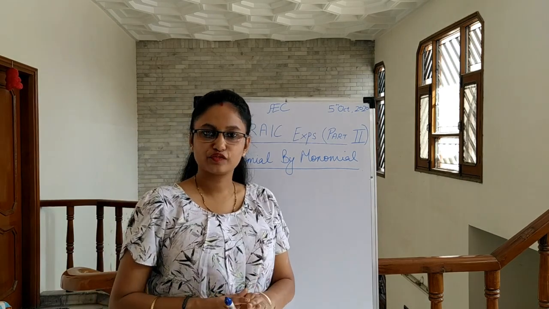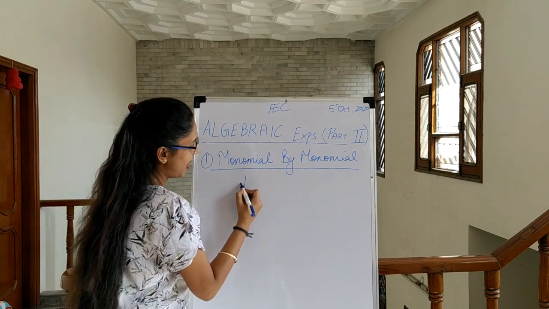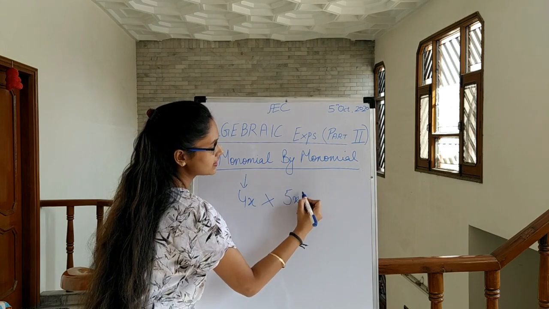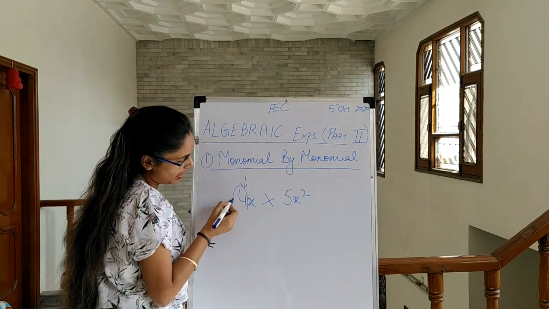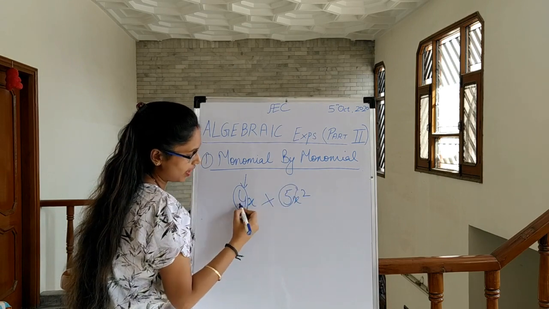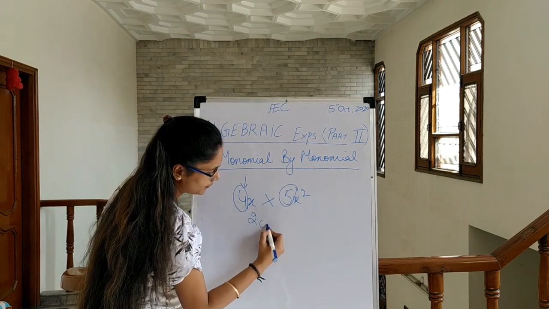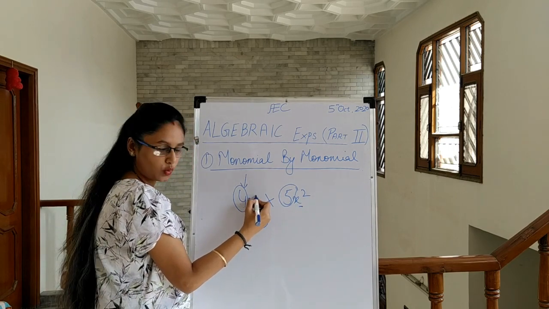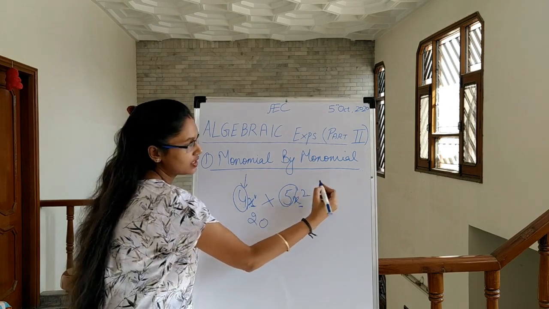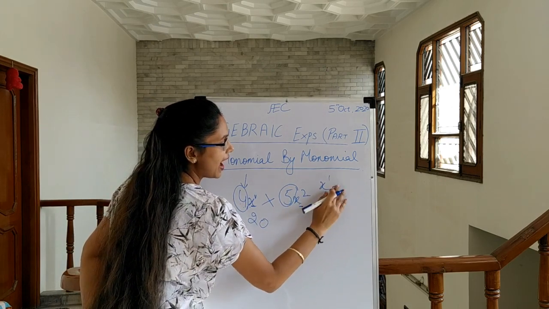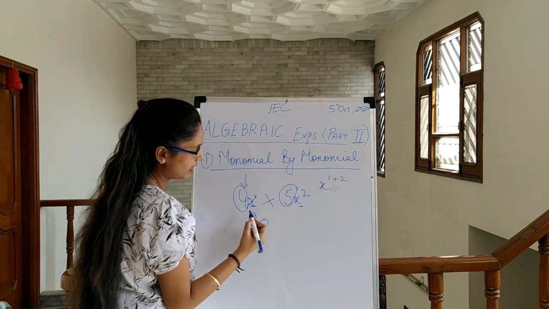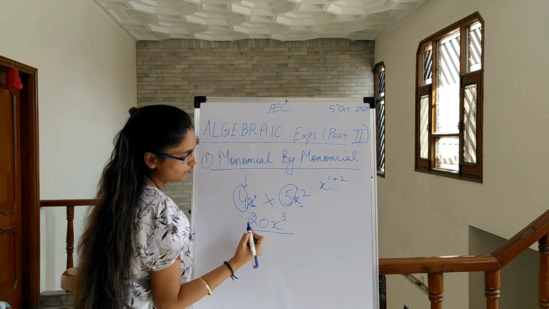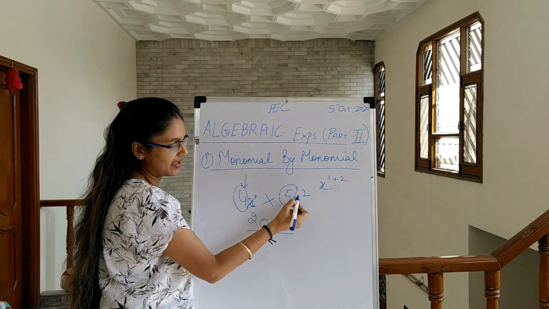I will give you another example for monomial by monomial. If I have 4x and I multiply it by 5x square, first I will multiply the number by the number. So I will multiply 4 by 5, which is again 20, and then I will count the number of x used. Here x to the power 1 multiplied by x to the power 2. In multiplication, what I do is add the powers. So here we have x1 and x2, so I have total x raised to power 3, which is your answer for 4x multiplied by 5x square.